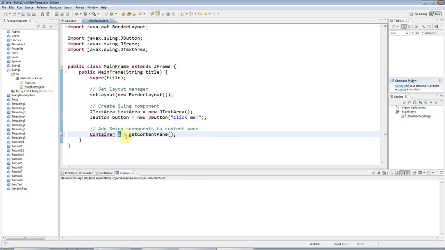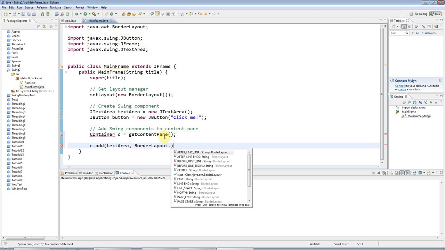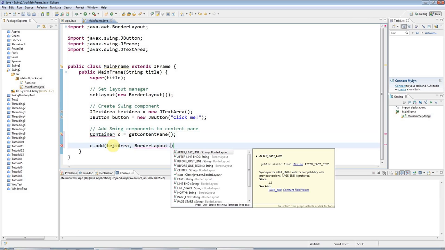I wouldn't normally use just one letter for a variable, but because I might need to type this over and over again and it's pretty clear what it is, I'm going to just give it a one letter name here. Then to add the components, you just type c.add. It's pretty simple. And then, in the case of BorderLayout, you need to specify a constant of the BorderLayout class, a static constant, that specifies where the